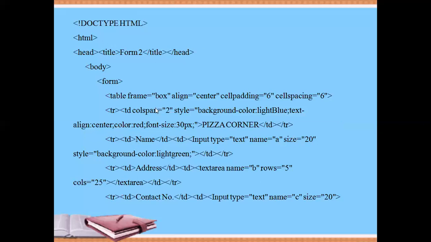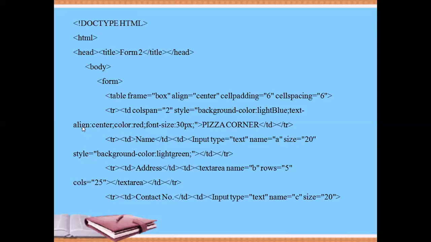So for the first part, the heading pizza corner, you have to span the two columns, the field and the control column, for bringing it in the middle. And background color colon light blue. Here I am applying the inline CSS for the TD tag. Text align colon center.